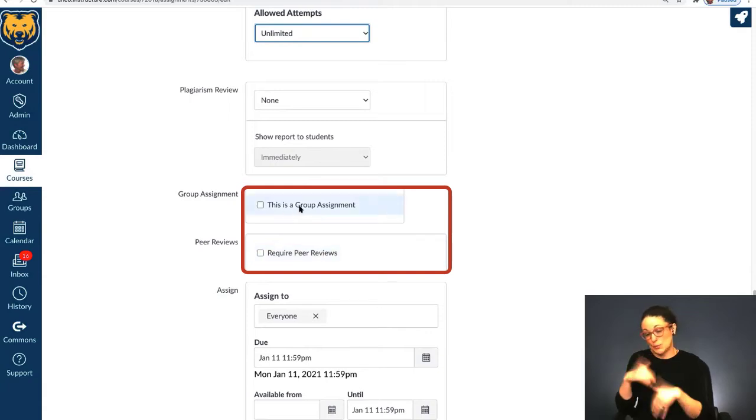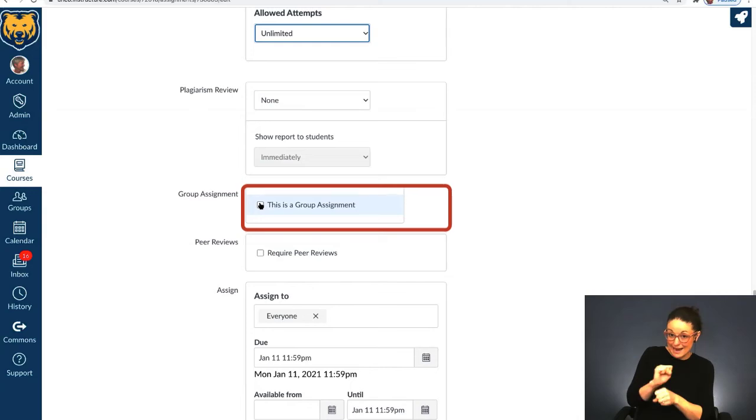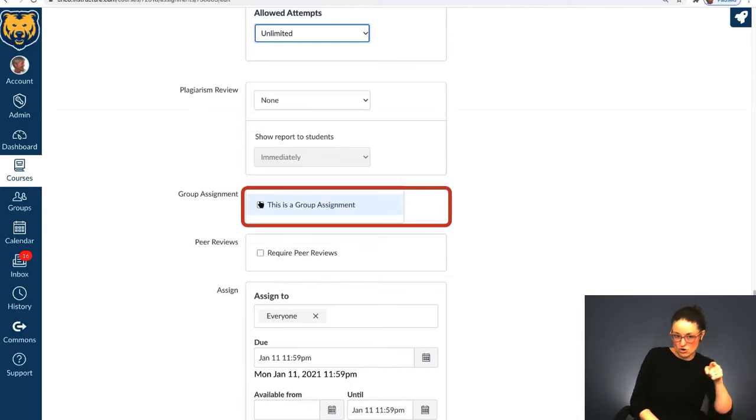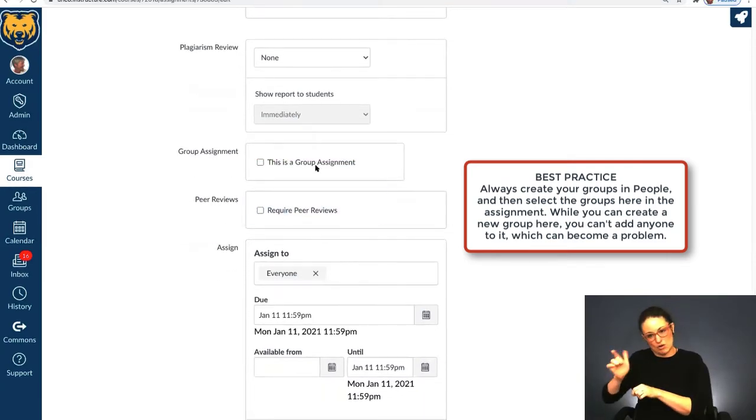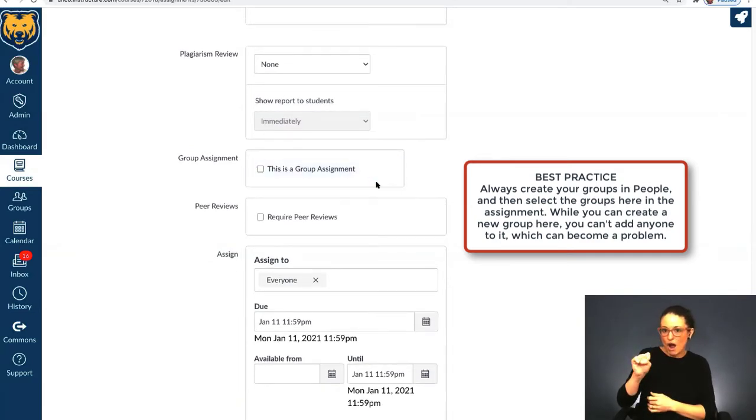But if you have an assignment that is a group assignment, you do need to select it here. What you want to do if you have a group assignment is create your groups first, and then once you've created your groups, create your assignment and make sure that it's a group assignment. We can talk about these things at another time. Sometimes we have workshops related to this, but we can provide you with guides or individual consultations on group assignments